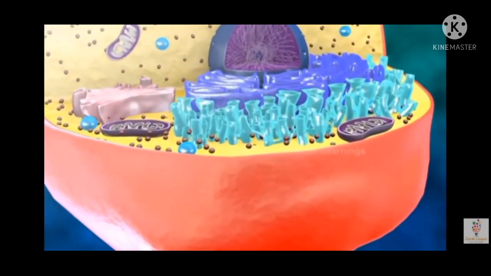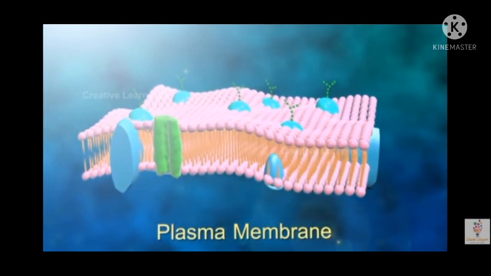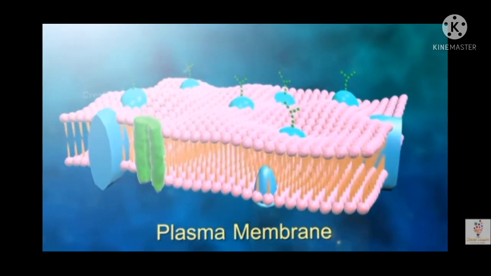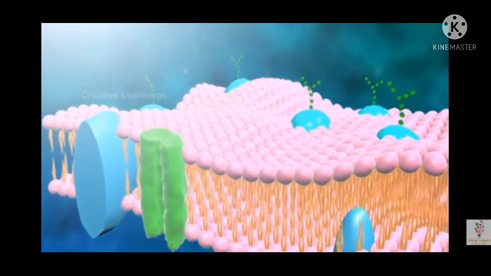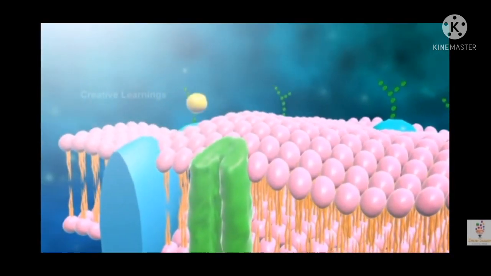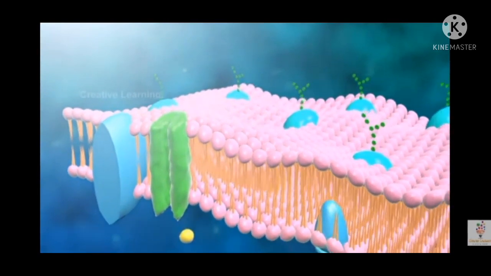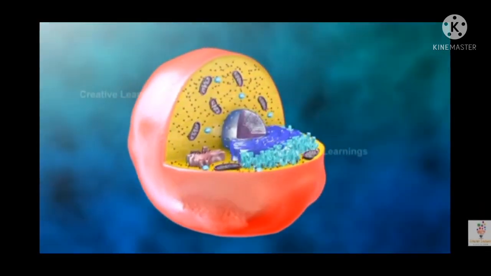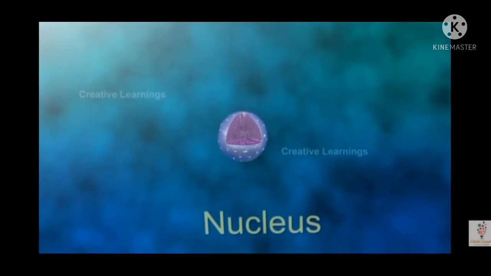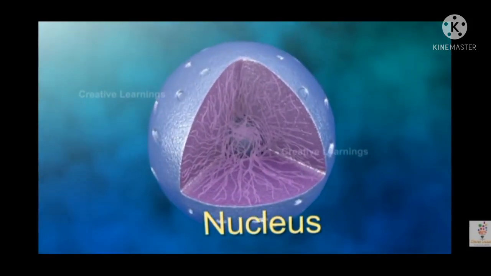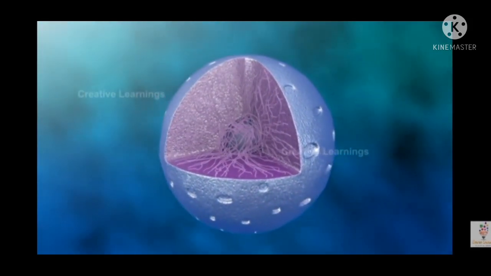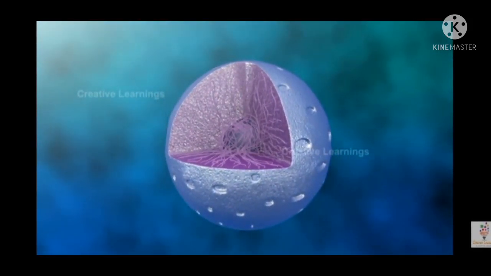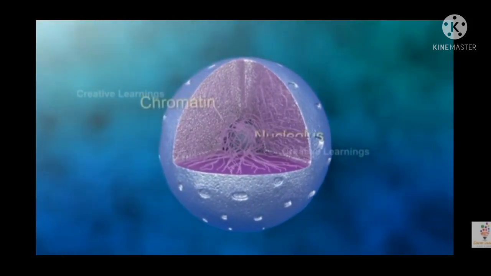Animal cells are protected by a layer that surrounds the cell and functions as a gate that allows the entry or exit of molecules from the cell. It is called the plasma membrane. In the center of the cell lies the nucleus, which acts as the brain of the cell. Each and every metabolic activity of the cell is regulated by the nucleus. It contains the DNA in the form of chromatin.